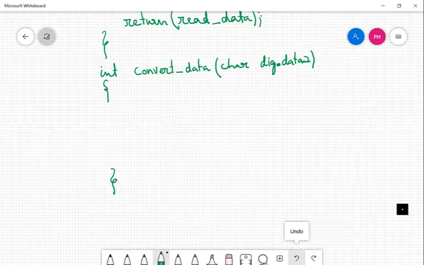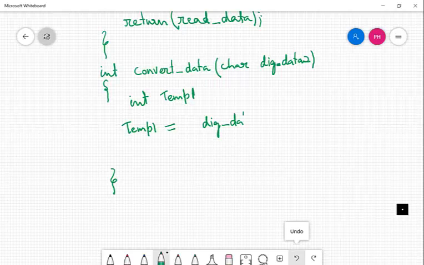I will declare a variable, int temperature 1, I will call it, for example. So this temperature 1 will be equal to my digital data 2. If you remember the formula for digital data, you can check the formula. Digital data 2, I have to multiply it by 0.019,